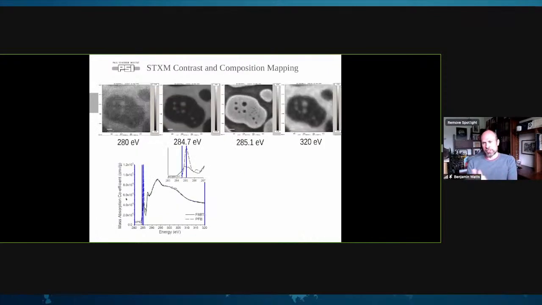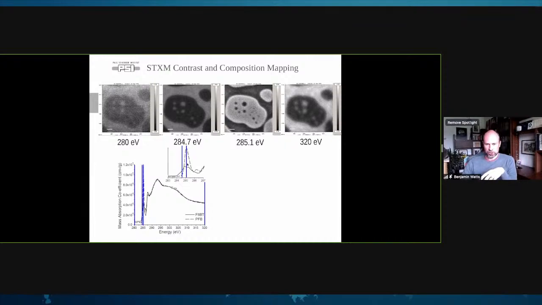So then if we measure images at specific points in the spectra, so we have 280 eV, which is what we call the pre-edge, so before carbon is strongly absorbing. And then we have 320 eV in the post-edge where carbon is strongly absorbing. And then from these, we can basically tell how much carbon is present and how much of other elements might be present. And then to differentiate the two components, we have these two measurements at 284.7 and 285.1, where the